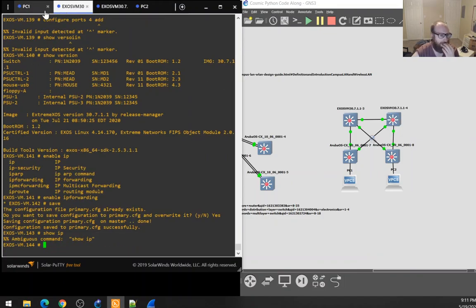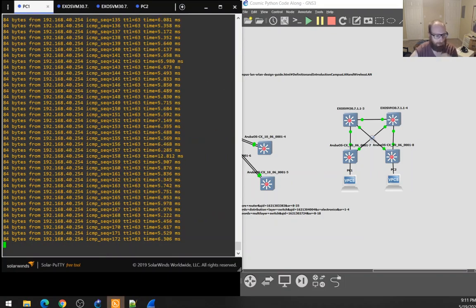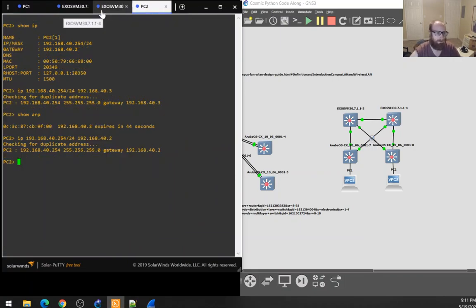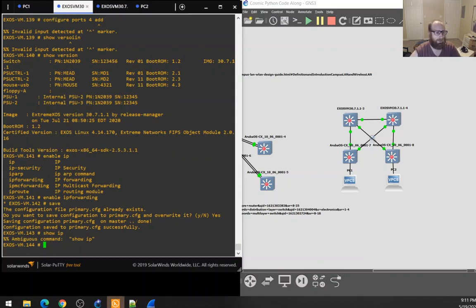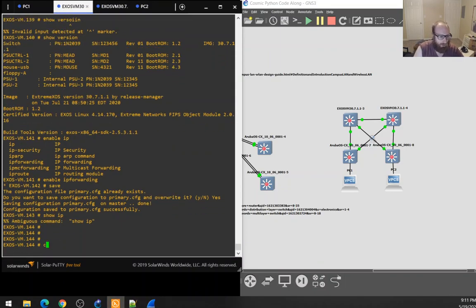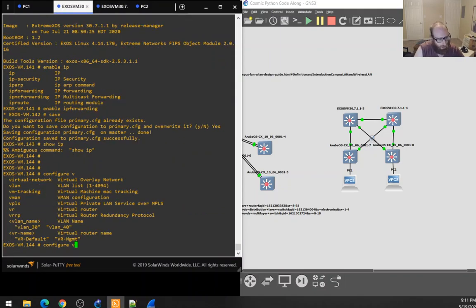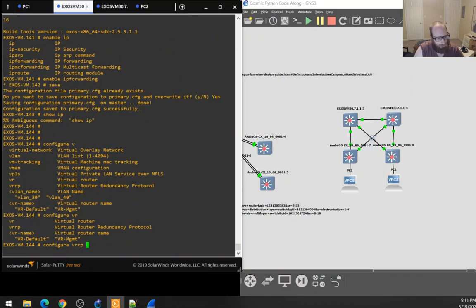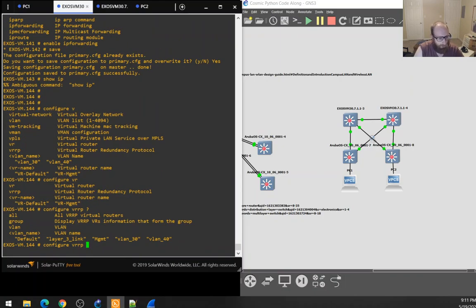There'll be some load balancing capability potentially, depending on the first hop redundancy protocol I choose to use. But let's start with VRRP. I'm not sure what the load balancing will look like, but